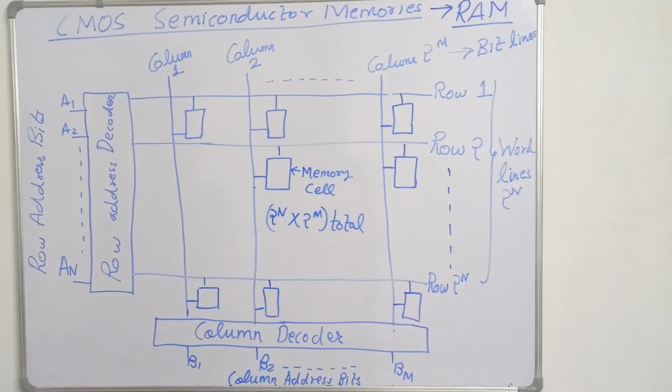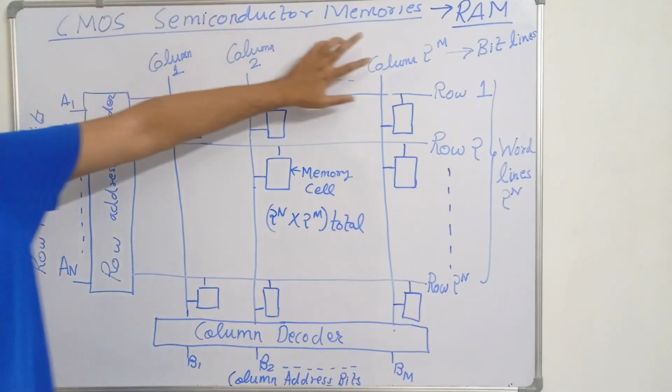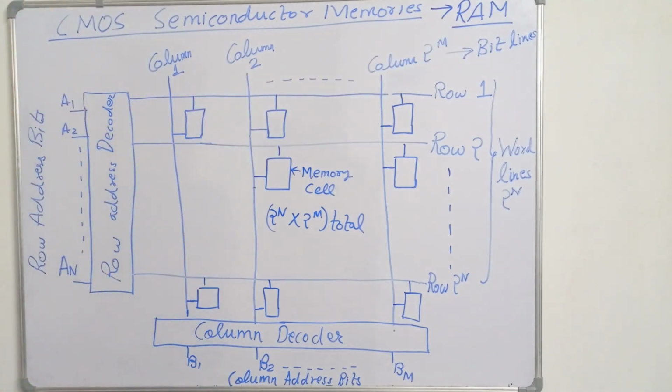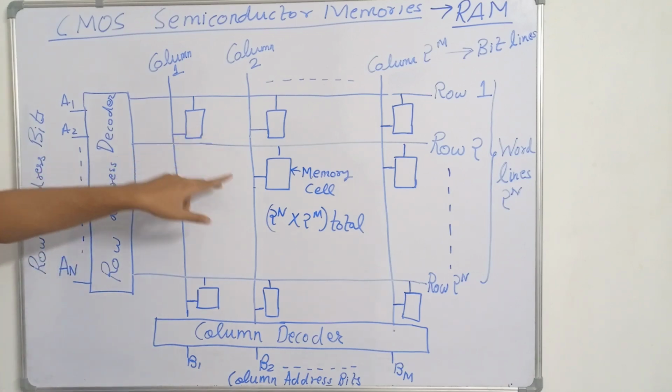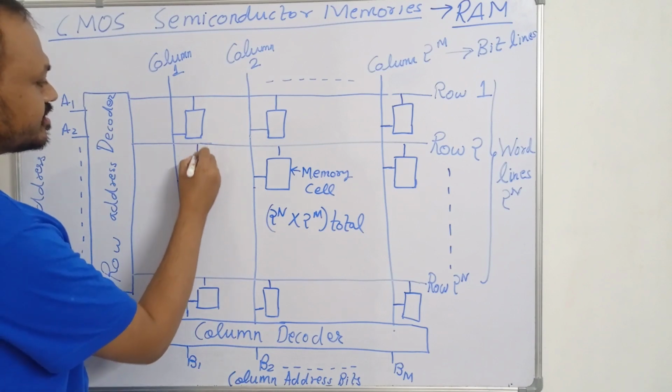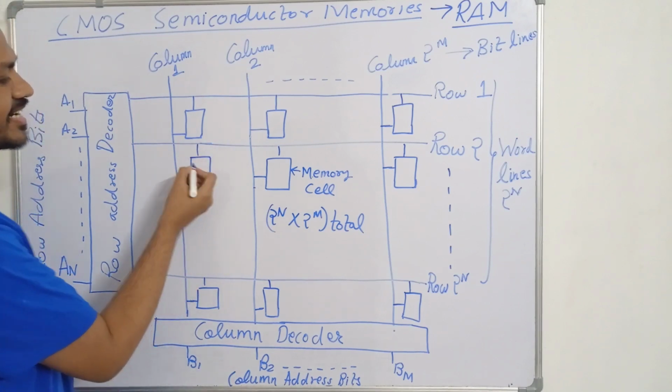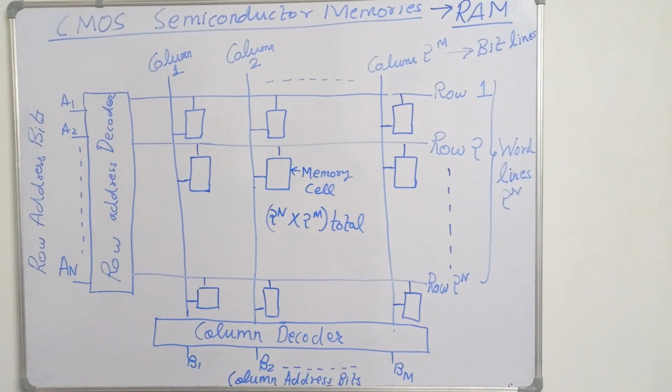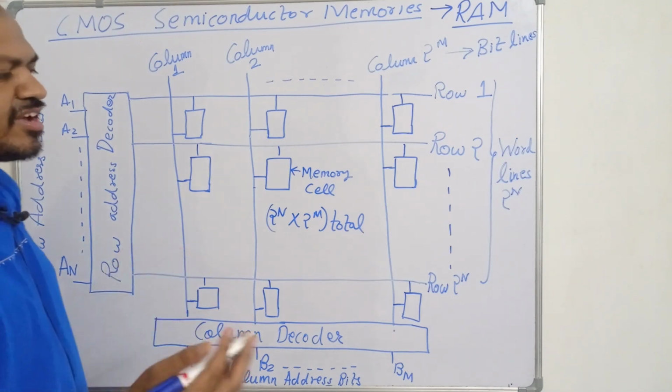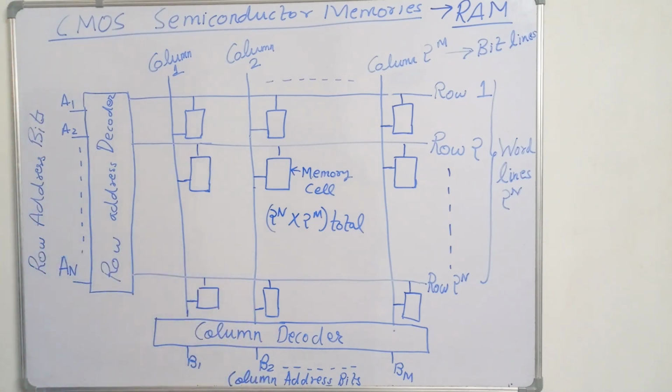In this video, we are discussing CMOS based semiconductor memories, and we are discussing RAM, or the random access memories. So in RAM, the modification of data bits which are stored in the memory array. You can see these are the memory cells and they are used to store data bits. Each memory cell can store one data bit. The modification of the data bits which are stored in the memory array, as well as their retrieval or reading. Their modification means writing and their retrieving is allowed on demand.